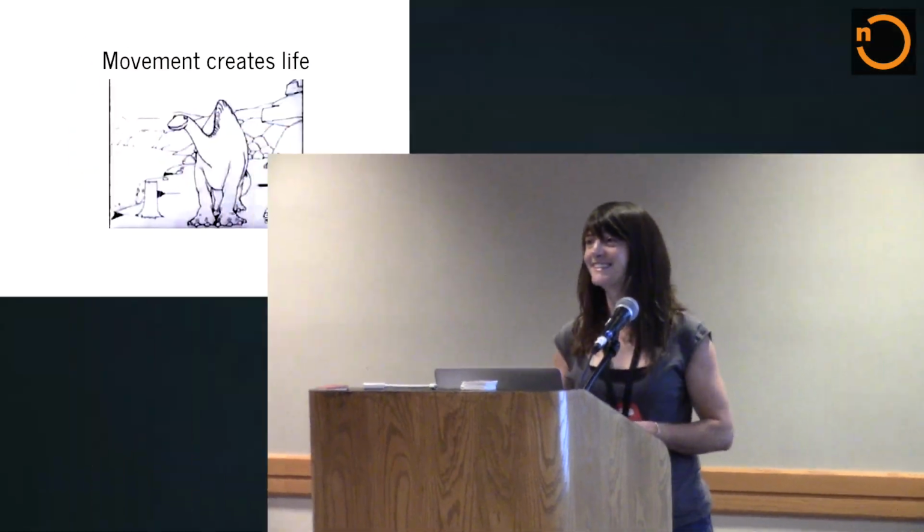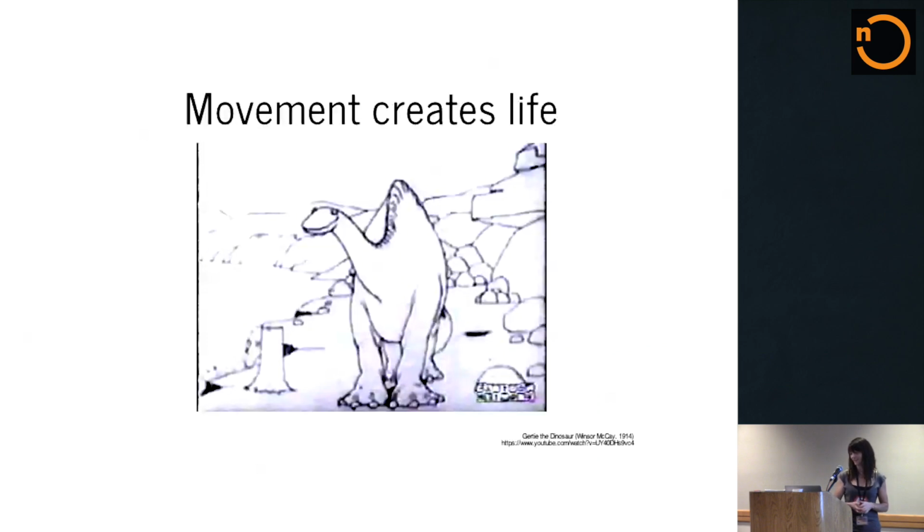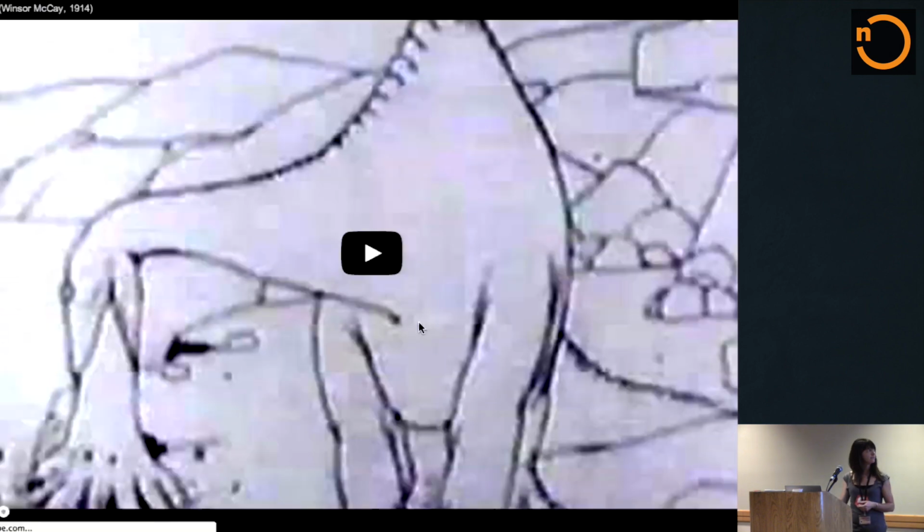All right, so this is Gertie. This is the character that was created by Winsor McKay. He was one of the first animators at Disney. And Gertie was the prototype, let's say, for Disney's foray into motion animation. So right now we're looking at Gertie, and Gertie's kind of cute. We don't know a lot about Gertie, but if we put Gertie into motion,